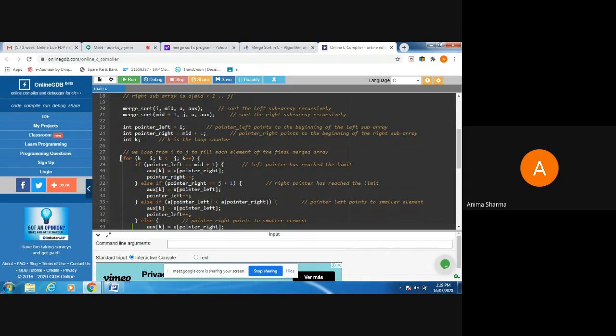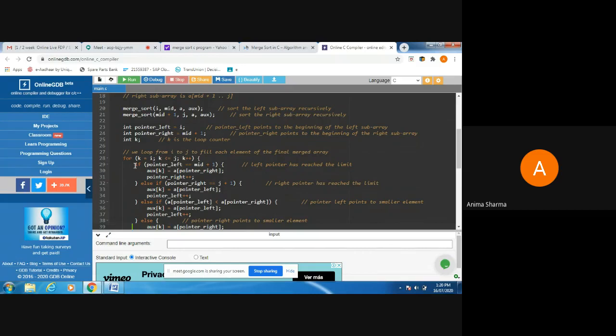Now here we are giving an if condition in step number 29: if pointer left is equal to mid plus 1. Now what is the value of pointer left and what is the value of mid plus 1? Pointer left is the first element of the left subsection, and mid plus 1 is the first element of the right subsection.